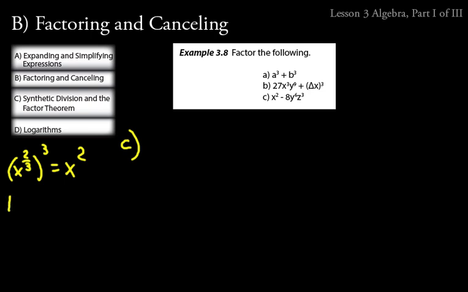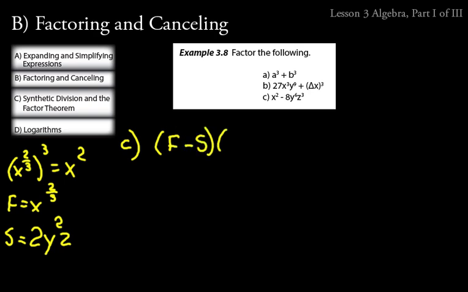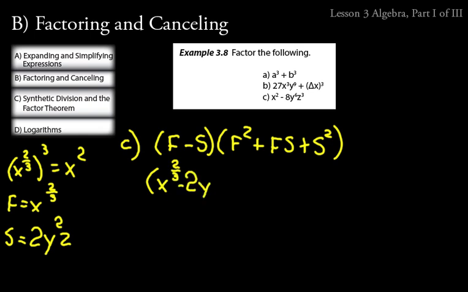So the first term is x to the 2/3 power. The second term is a 2y squared z. This is a difference of 2 cubes here, so since it's a difference of 2 cubes, we say f minus s times f squared plus fs plus second term squared. So using that as our template, now our first term is x to the 2/3 minus 2y squared z,